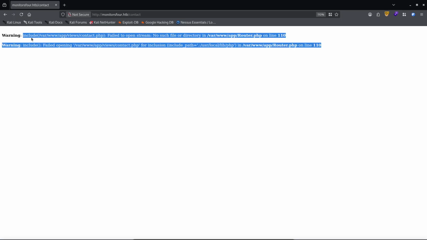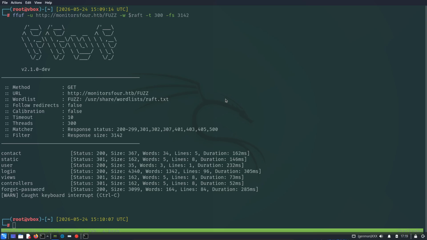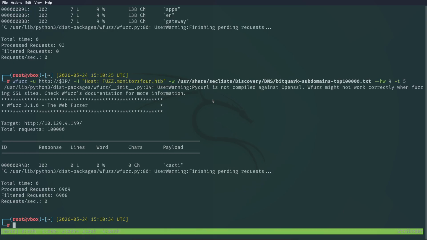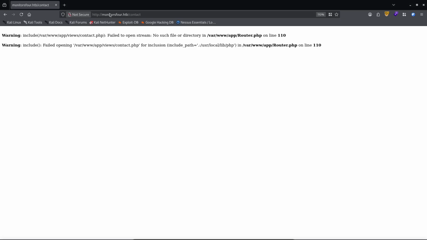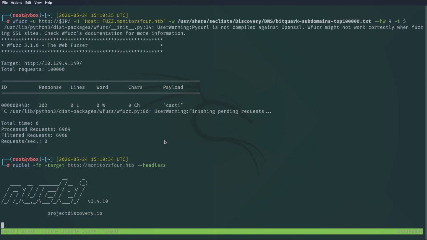Actually, whenever I see such a warning, I almost immediately think about LFI. We can run Nuclei, if I may pronounce that correctly, on this,